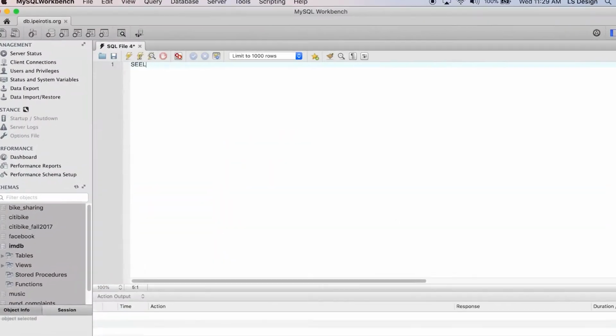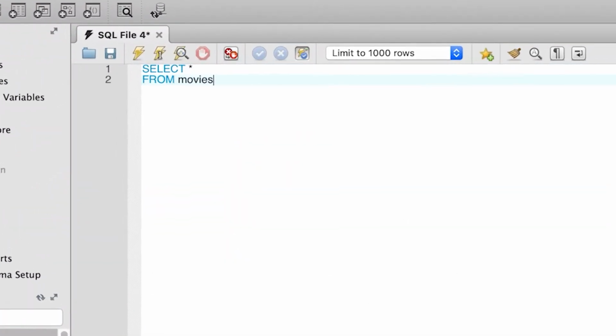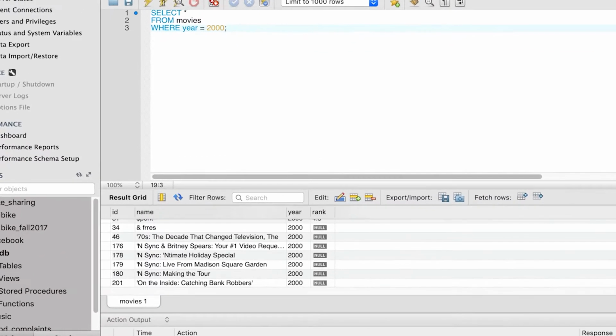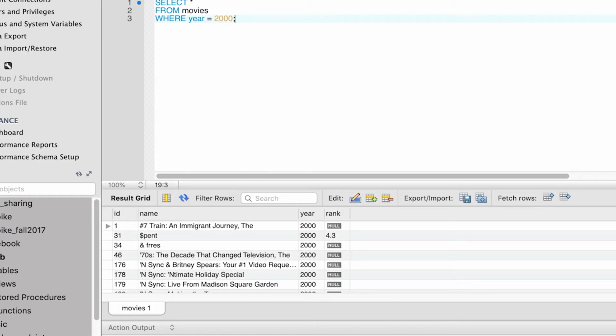Let's start. Our first query is going to be simple. We want to list all the movies from year 2000. How can we do that? It doesn't really require a join, so all the information is in the movies table. So we write select star from movies, and we want the year to be equal to 2000, so we add the where condition where year is equal to 2000. We execute the query and we get back all the movies that were released in year 2000.